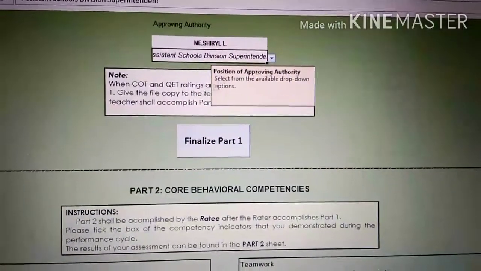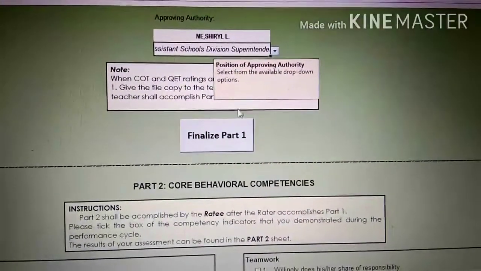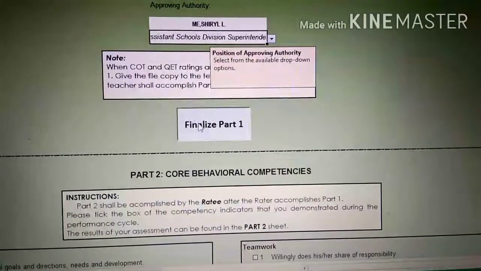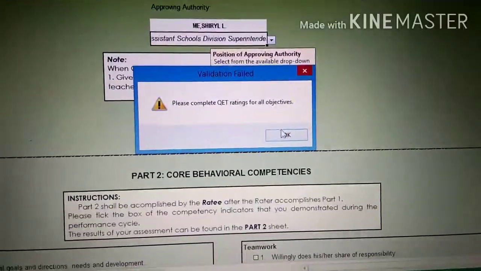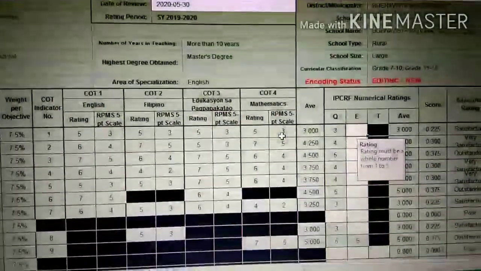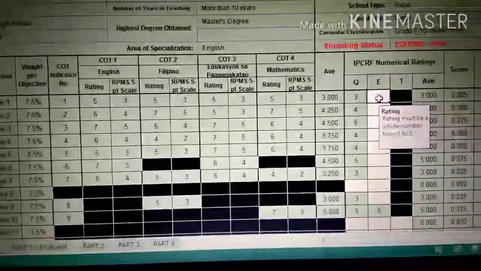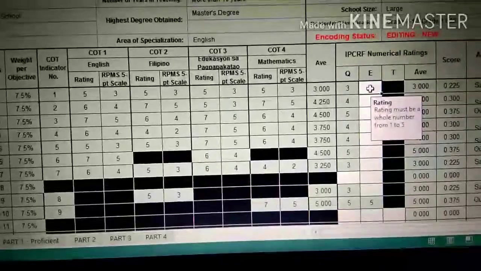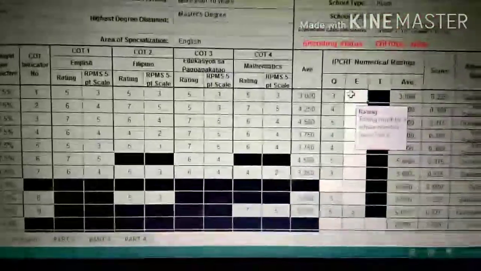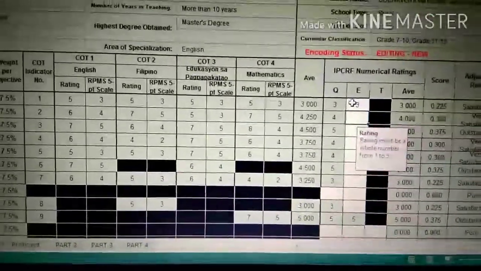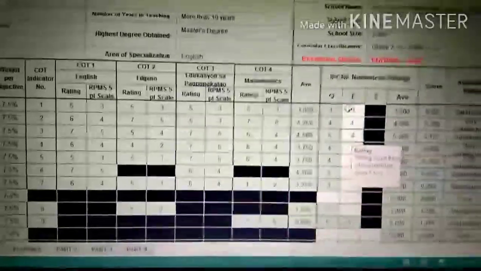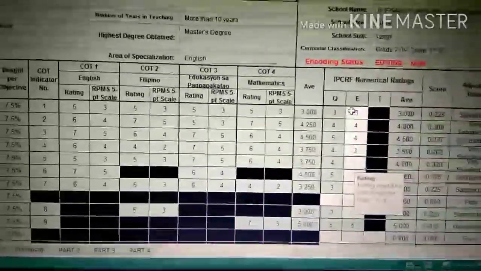Okay. Tapos, when COT and QET ratings are done, select Finalize Part 1. Please complete QET ratings for all objectives. Rating must be a whole number from 1 to 5. So, lalagay natin dito 3, 4, 4, 3, 5,